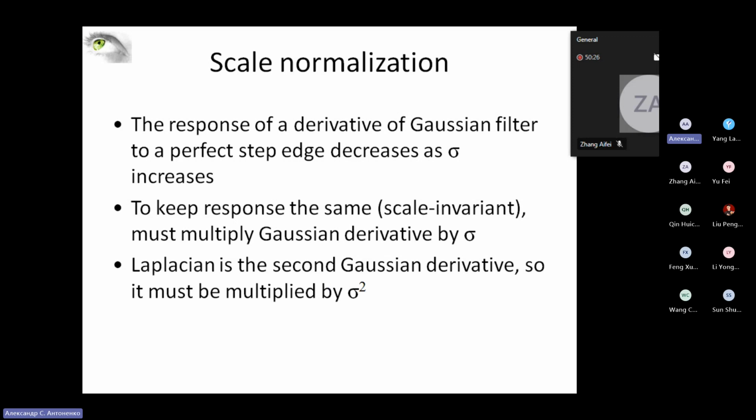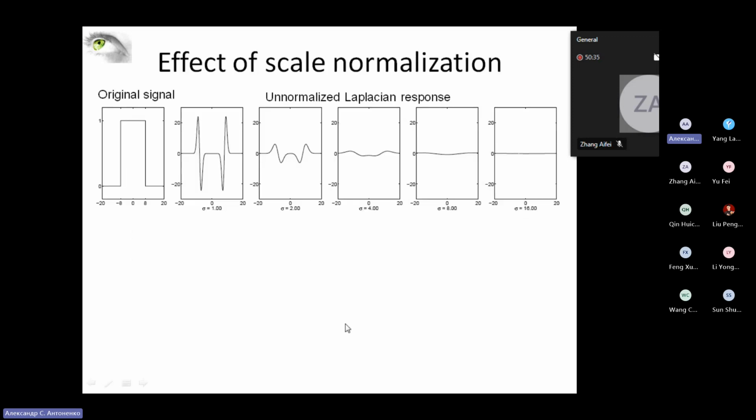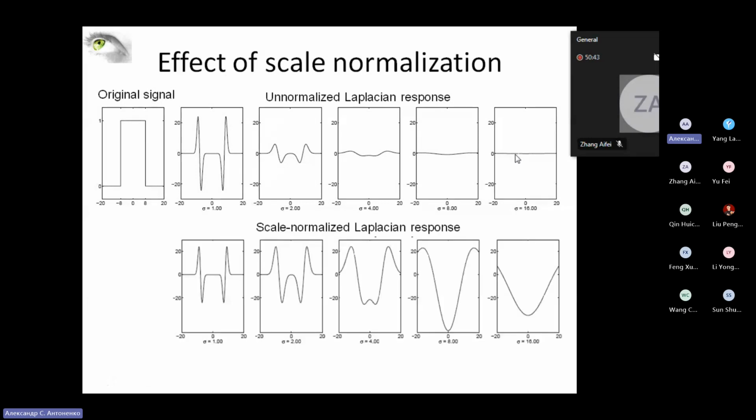But the Laplacian is actually the second Gaussian derivative, so it must be multiplied by sigma squared. So if we take an unnormalized Laplacian response, nothing interesting happens. But if we use the scale-normalized Laplacian response, so the same but multiplied by sigma squared, then we will see that the size of these ridges,